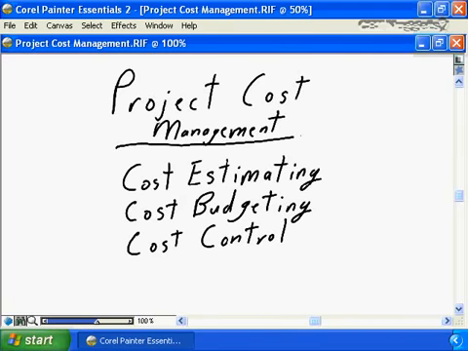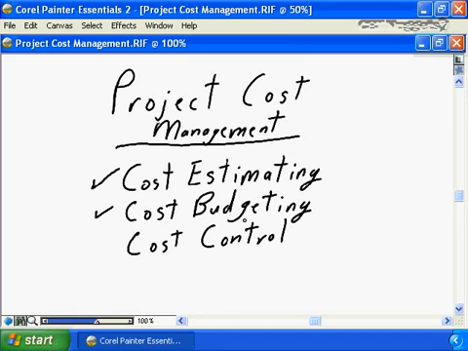This nugget is the first of two nuggets dealing with the PMBOK area for project cost management. This nugget, project budget definition, focuses on cost estimating, ensuring that detailed estimates are defined for each and every element of the work breakdown structure, ensuring that cost elements are defined so that all the components, the human resource, the materials, and the other components required to complete each element of the work breakdown structure are defined and included in the project cost. And then cost budgeting will sum the individual cost estimates together into a total project budget,